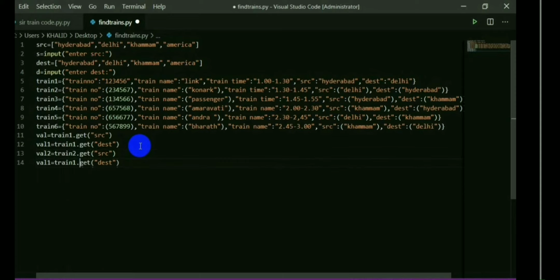In train 2 you must give source and destination as well. For train 3 also you must give source and destination. For train 4 also you can give source and destination, as well as for train 5 and train 6.